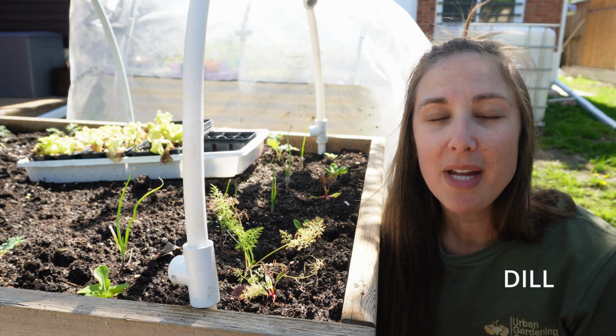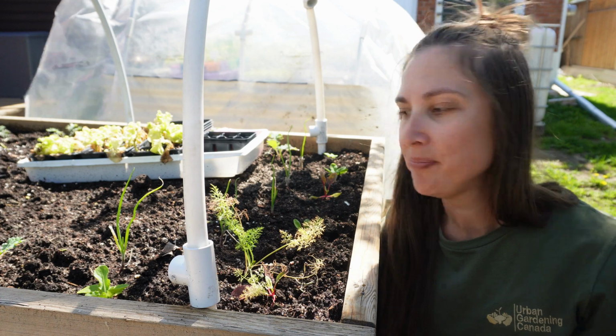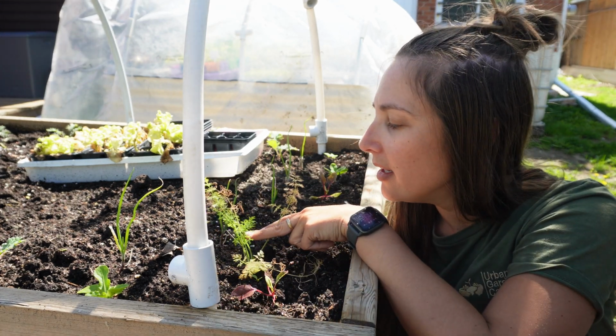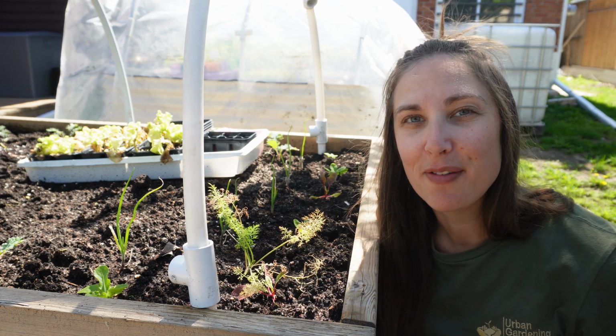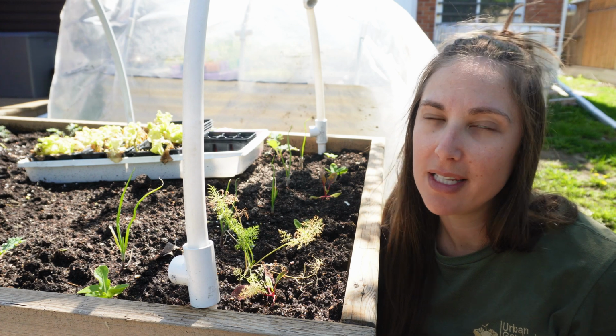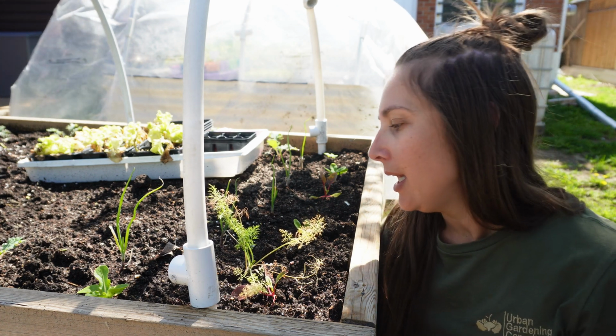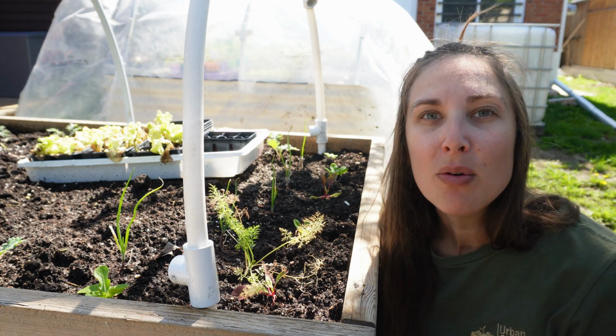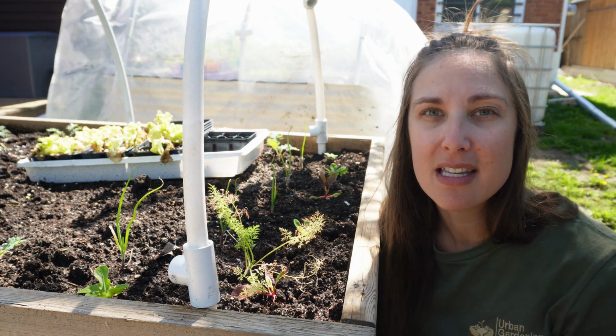Okay, so the fourth plant that we have is dill, which is actually an herb. And I'm growing some here. And I'll admit, it's not the nicest looking dill you've ever seen, but I was growing it inside before I brought it out, and I was being a little lazy uppotting it, so it needs to catch up outside now. And what I love about growing dill is that, again, this is another one that you can